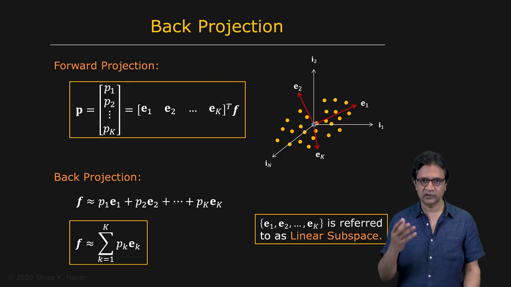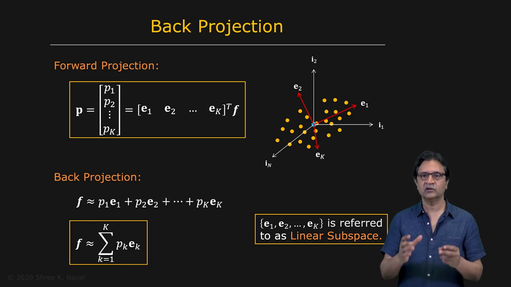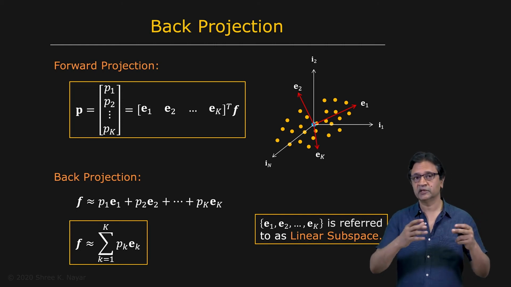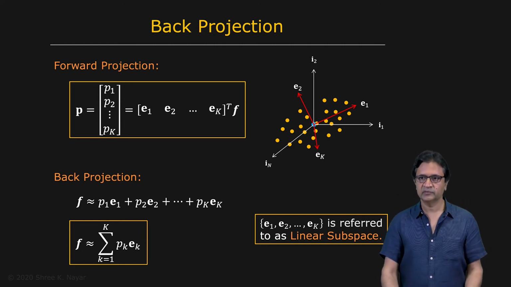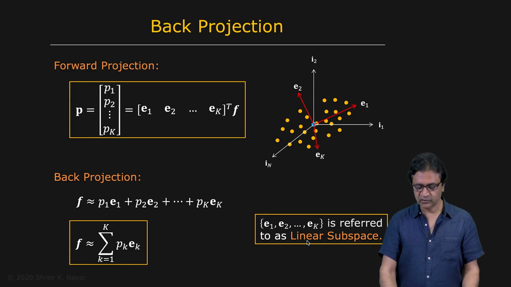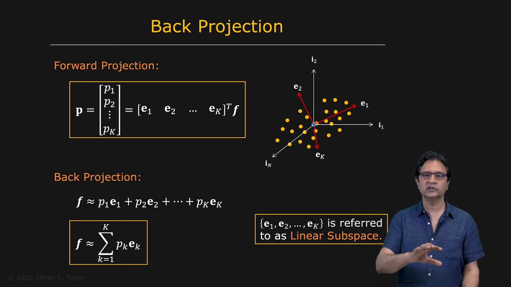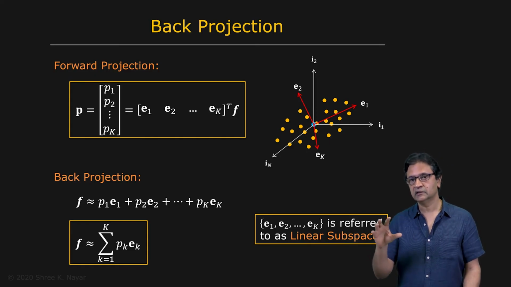If you're able to find it, and that's what principal component analysis allows us to do, then that is an orthonormal basis, also referred to as a linear subspace. So basically, it's a vector space that is a subset of the larger vector space, the n-dimensional vector space, but it's also referred to as a linear subspace. And our goal is to then represent all our images of the object in this linear subspace.